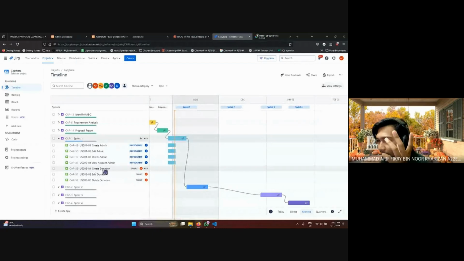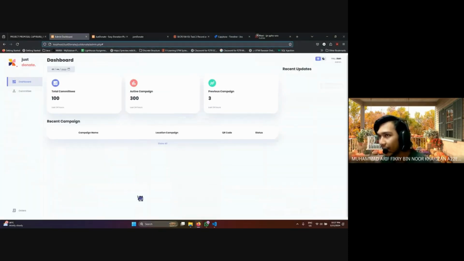For doing the create donation, edit donation, and delete donation, it is basically under admin.php, and because admin.php is still under Daniel, I am unable to tinker and make any code because there are going to be conflicts in pushing and pulling in GitHub. So I will leave Daniel to finish his code for the admin first, and then I will do